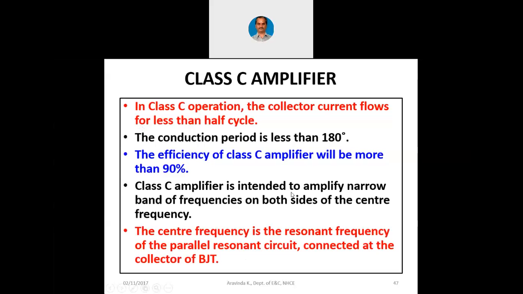Class C amplifier is intended to amplify a narrow band of frequencies on both sides of the center frequency. As I told you, we are going to use this in RF applications. In the case of RF applications, we don't require a wideband amplifier. For example, when your mobile phone is working with the 2.4 gigahertz carrier frequency, we don't require a wideband amplifier for the radio frequency. It can be a narrowband amplifier, as narrow as possible, because it is working only at